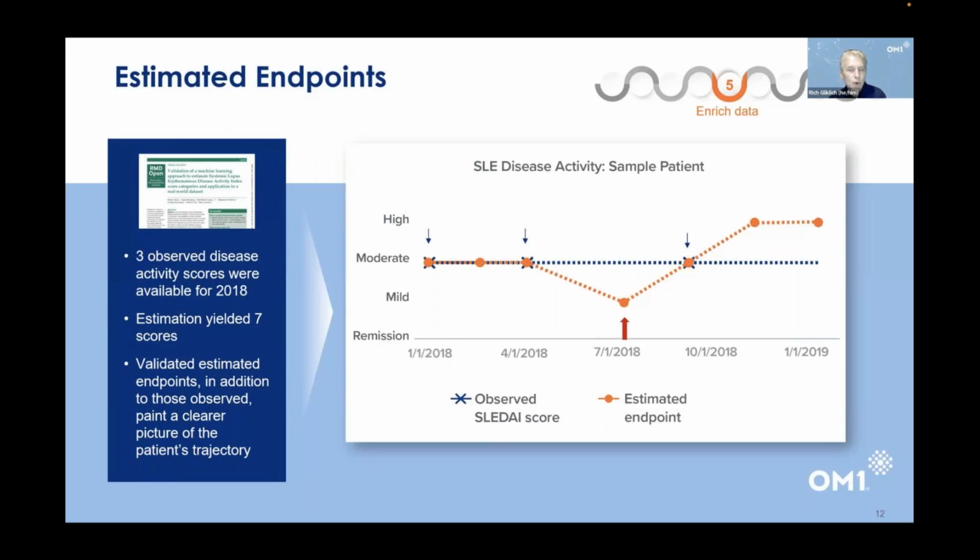But the other thing is, we see a different story. Looking only at the blue scores, the patient appears to be relatively stable with moderate disease activity scores throughout this time period, because 2 points make a line, 3 points certainly make a line. But when we look at the orange, we see that's only partially true. In July, the patient's scores improved to mild. Then following July of 2018, they start worsening and go up as far as high.